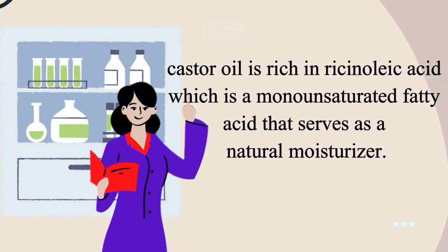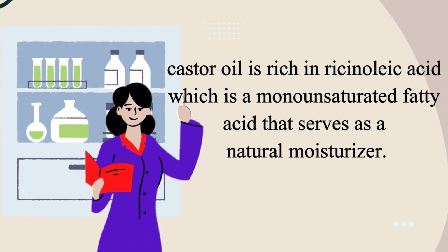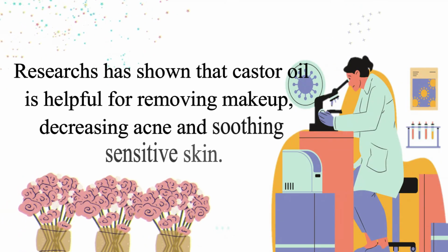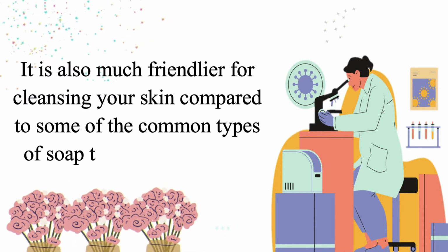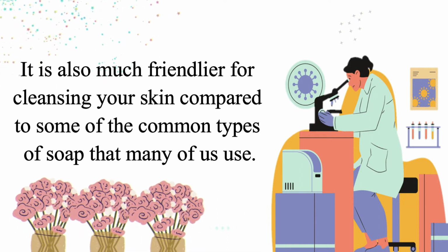Castor oil is rich in ricinoleic acid, which is a monounsaturated fatty acid that serves as a natural moisturizer. This explains why it is often used as a deep facial cleanser. Research has shown that castor oil is helpful for removing makeup, decreasing acne, and soothing sensitive skin. It is also much friendlier for cleansing your skin compared to some of the common types of soap that many